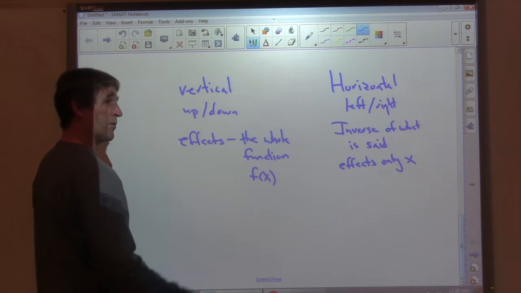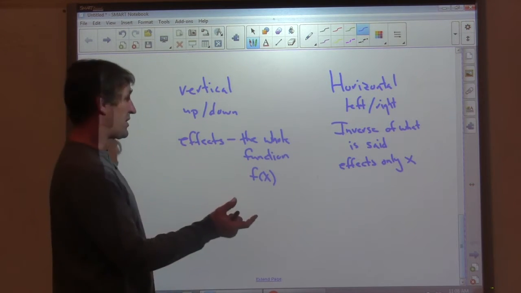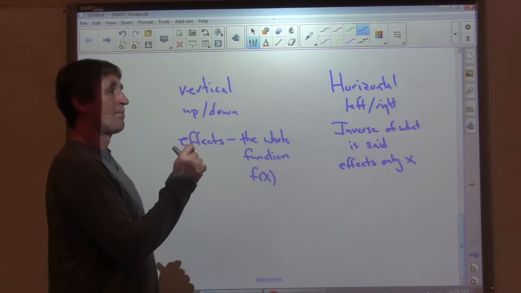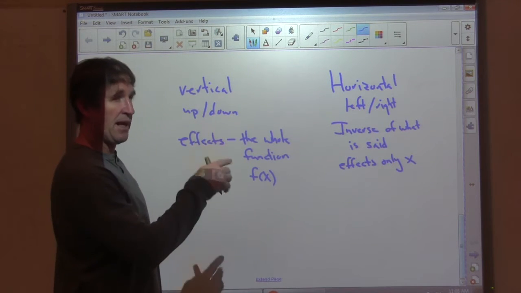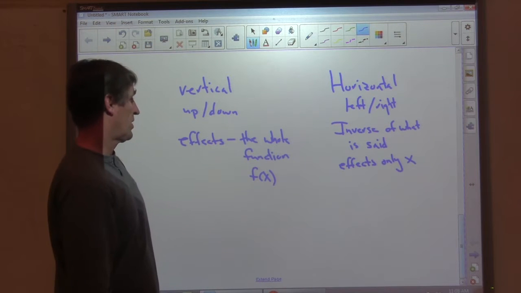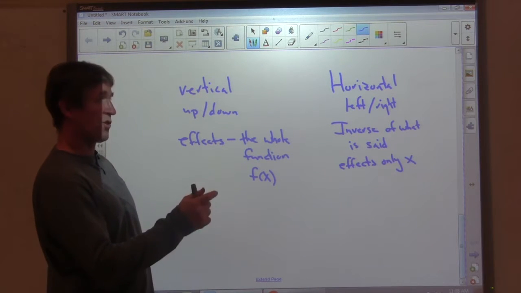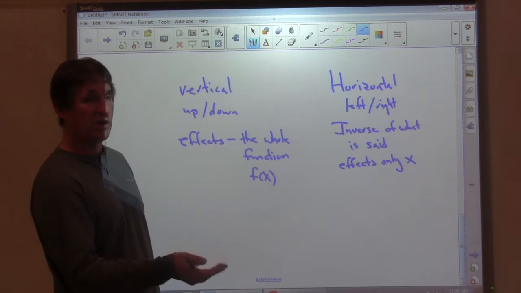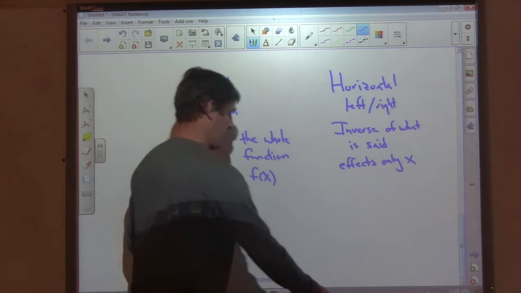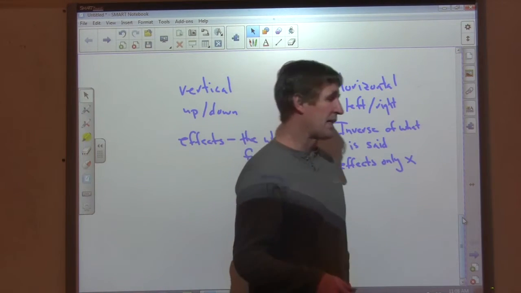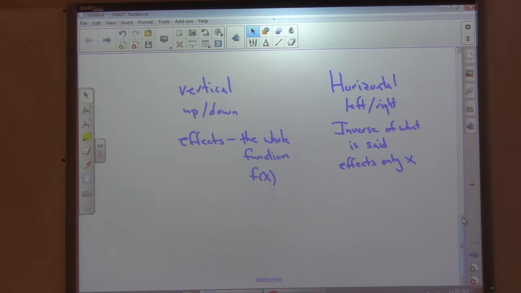All right? Remember, negative signs are reflections. Addition, subtraction is up and down or left and right, and that's vertical, horizontal. And stretches and shrinks. Stretches are greater than 1, shrinks are less than 1. And again, we don't need to worry about the negative signs. So if we go back to the test,